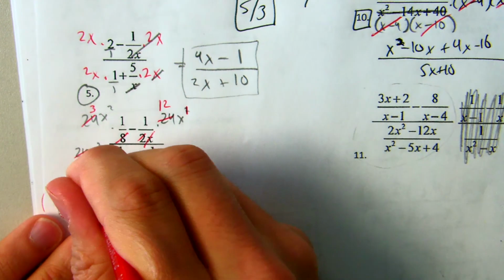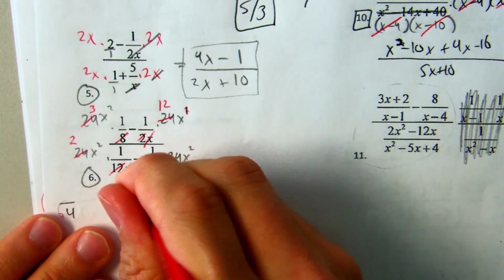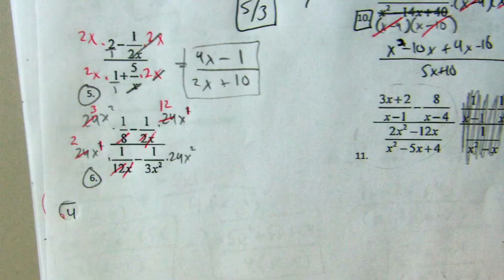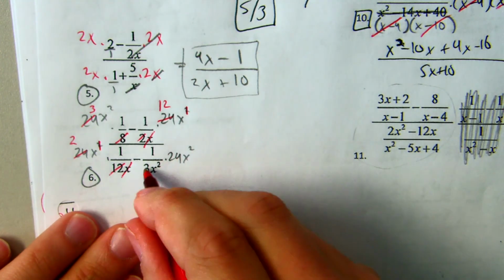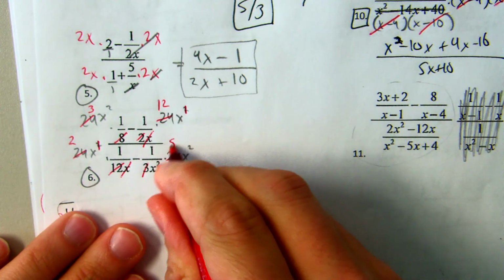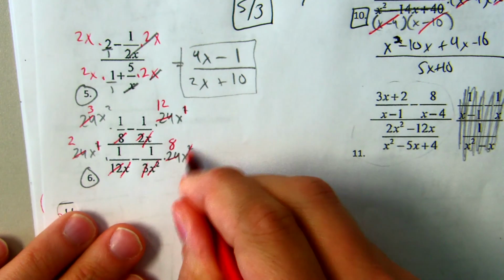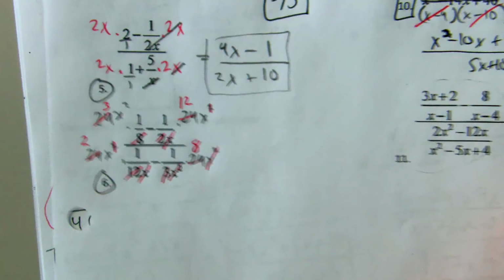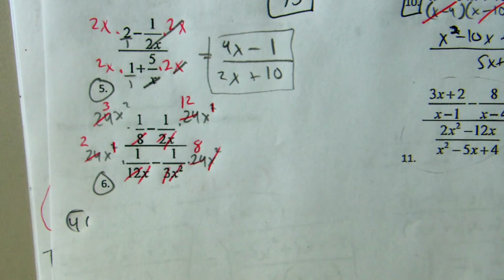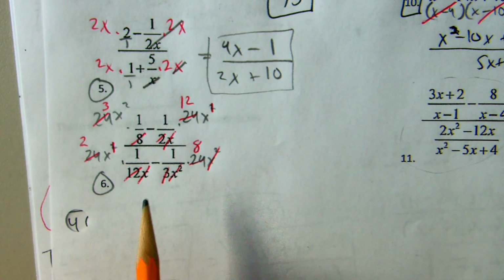12 goes into 24 2 times. X goes into x squared 1 time. That was 1x. 3 goes into 24 8 times. And x squared divides out x squared perfectly. Again, you need to take notice of how messy it can get very, very quickly. So,